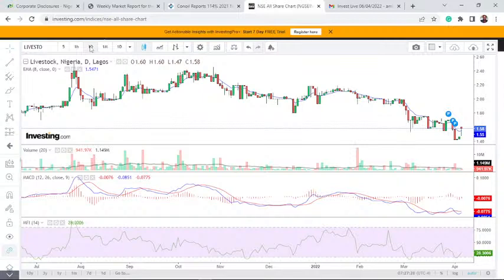This morning on the daily chart, the stock is not looking bad. That means if you're a trader, nothing stops you from jumping into the stock. As we speak now, it has crossed the T line up there. You can see the breakout here where it is now at the T line. Your MACD is also confirming an uptrend again, almost crossing to the bullish line. You can see it here, the blue line almost crossing from down.